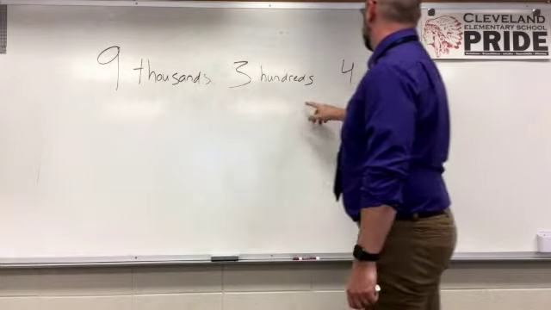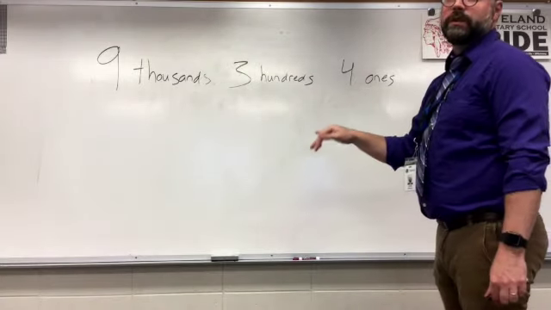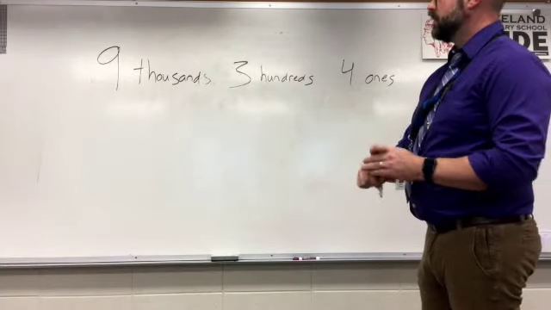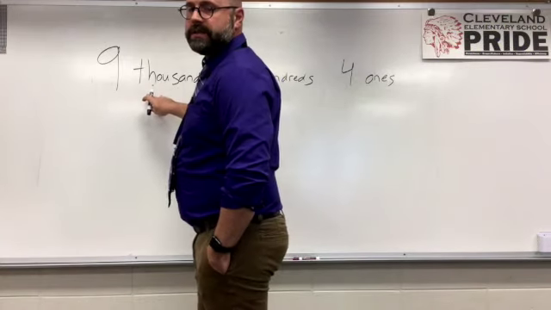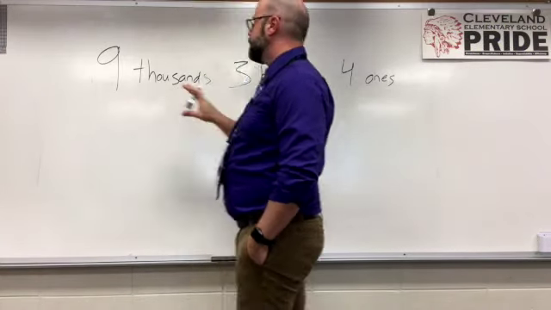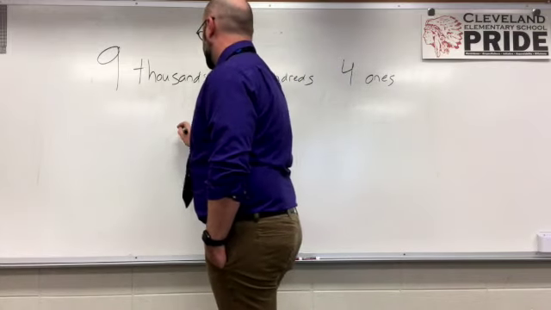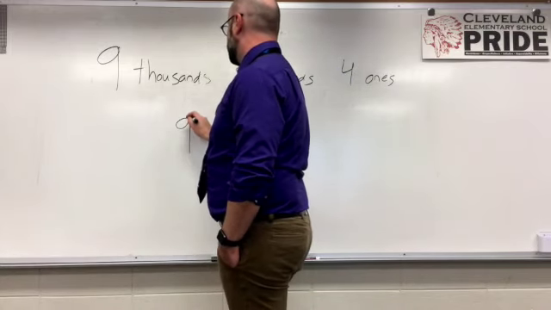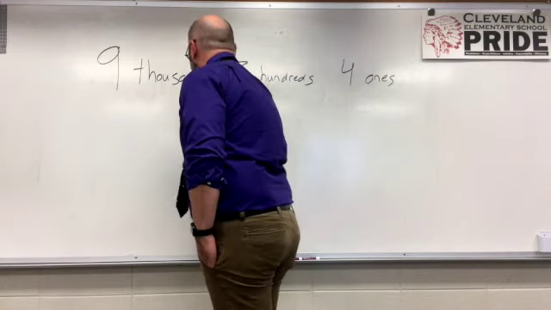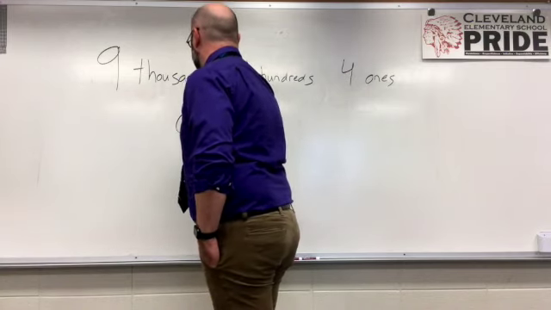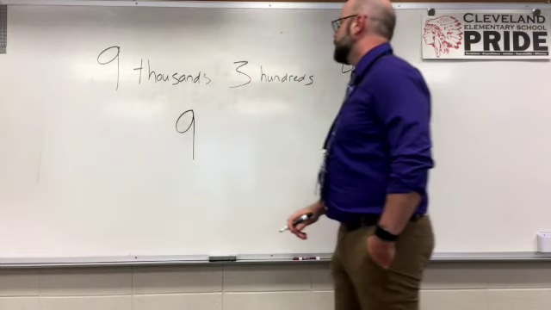So we need to look at 9,000s, 300s, and 4 ones. And how do we write that? Well, I know it's in the thousands, so there's at least 4 numbers here. So I've got a 9 in my thousands spot. 9. Very good, 9. Let's try that again. 9 thousands,